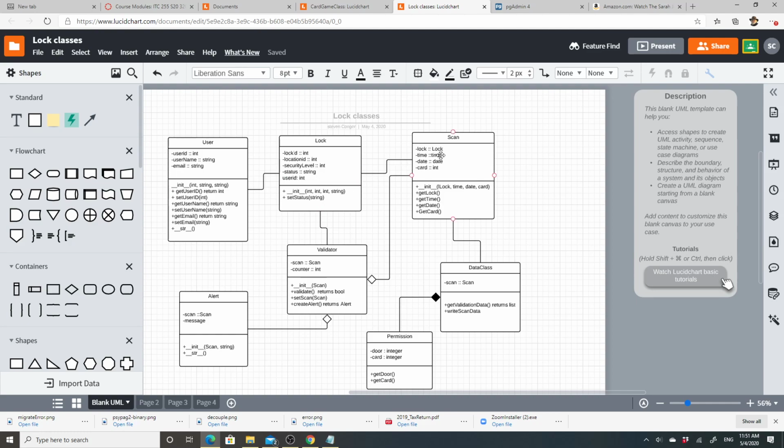There's an association with scan, creates a scan, and then the scan is passed to the validator. The validator contains the scan information. The scan has the lock, the time, the date, the card number, which is, I would say, the user number. All right, when it validates,